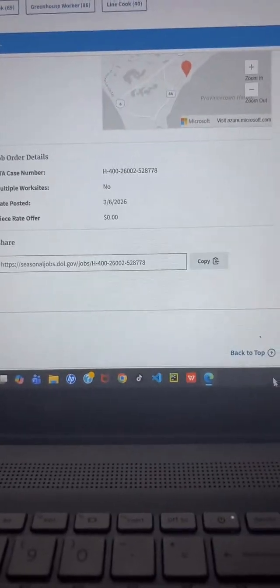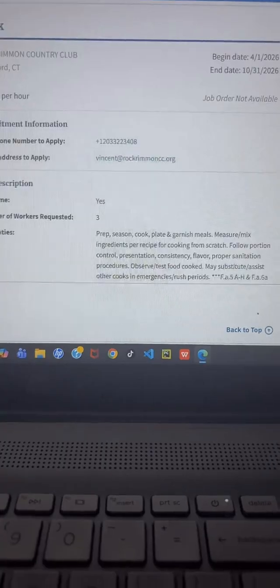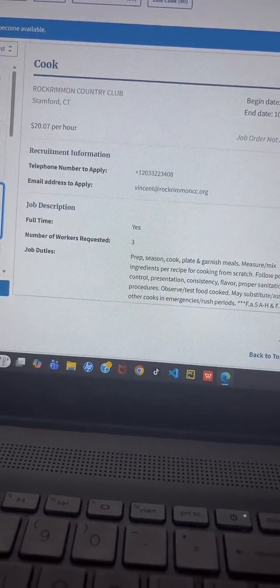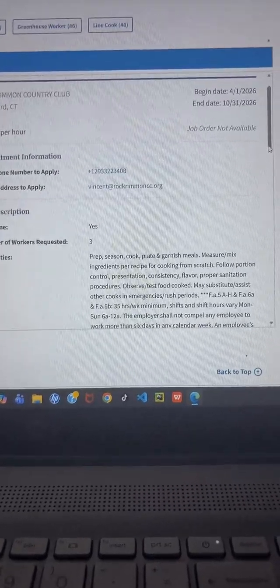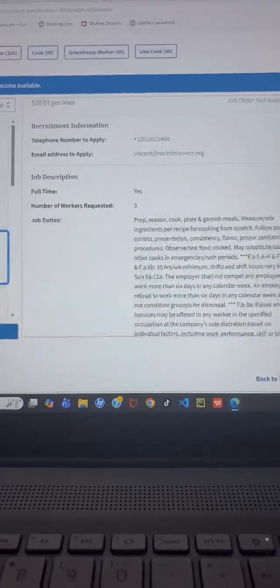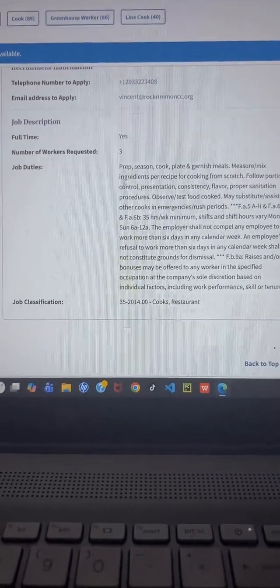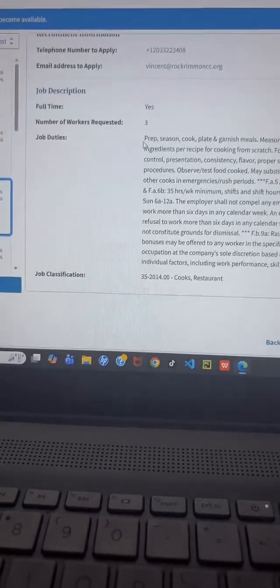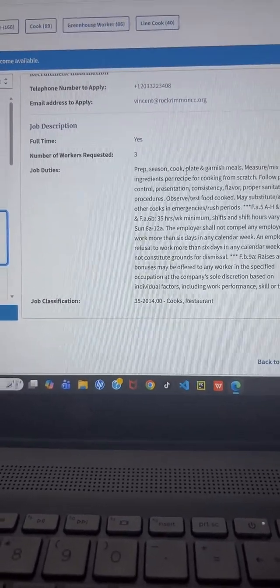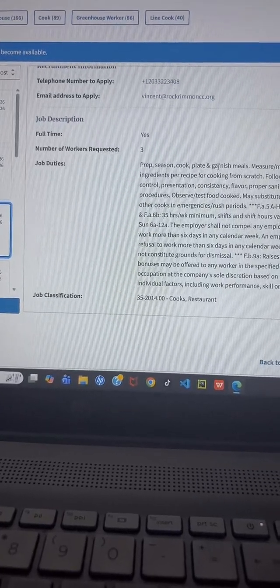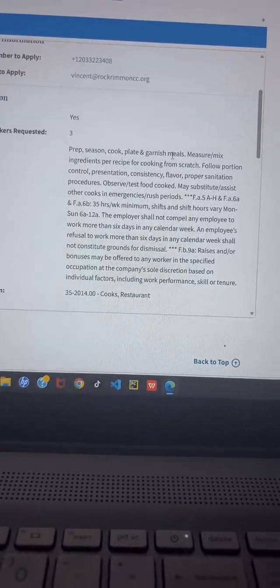This was posted today. This is another cook position. Email and telephone number here. They need 3 workers. Herb, season, cook, plate and garnish meals.